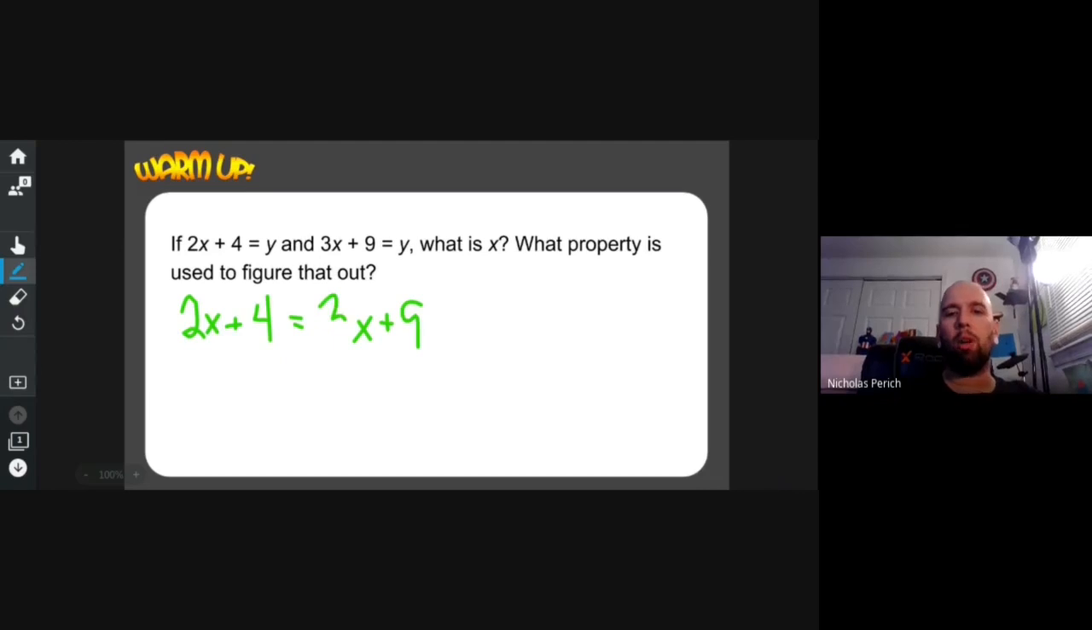And then the question is, find x. All right, well, subtract 2x, subtract 2x, cross it out, you get 4 equal to x plus 9, subtract 9, and x equals,